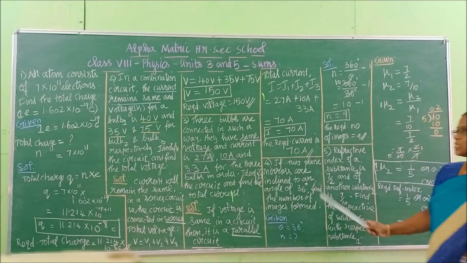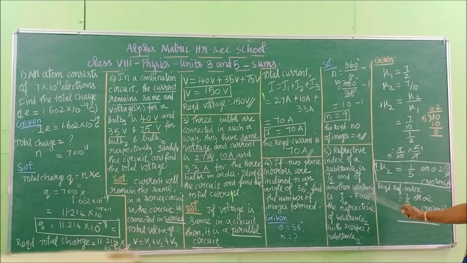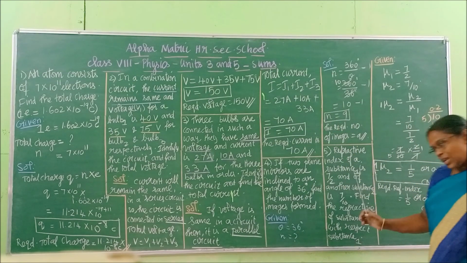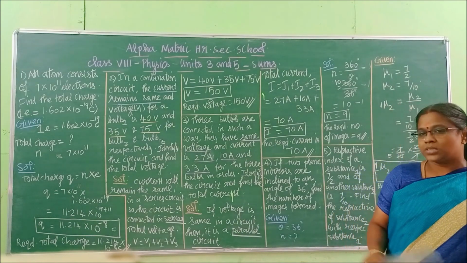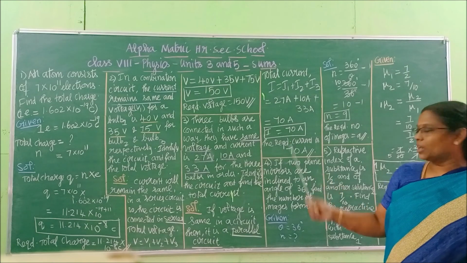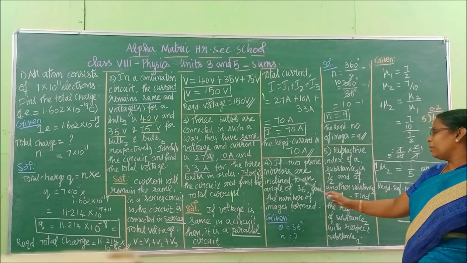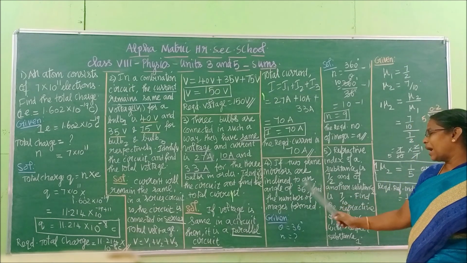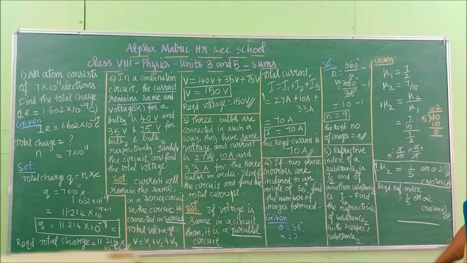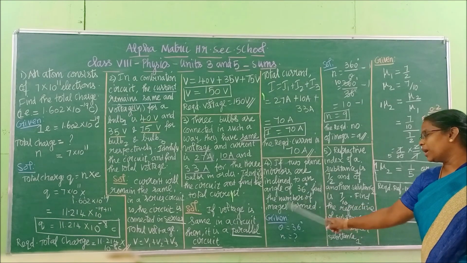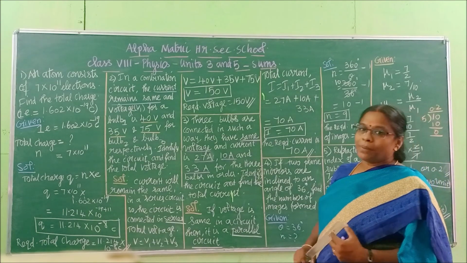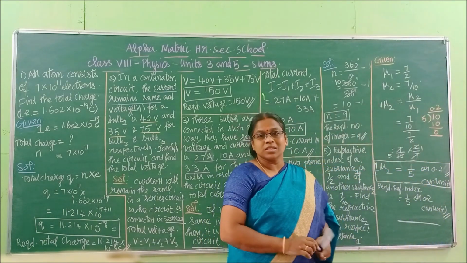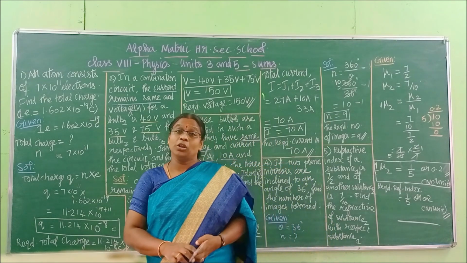Right, now the 4th question. These 2 questions are from your light lesson. Whichever sums we have done already, but with different numbers. So I am repeating it as a revision now, right? If 2 plane mirrors are inclined at an angle of 36 degrees, find the number of images formed. So what concept is this? Multiple reflection, which is used in the kaleidoscope and periscope. Do you remember?